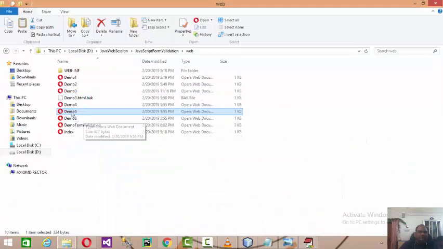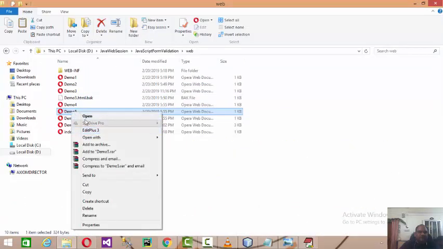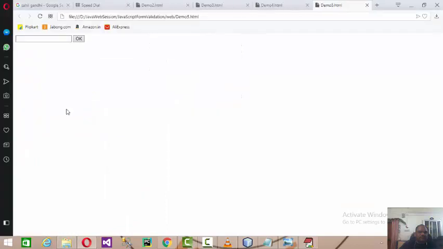Okay, let us run it. If you input any data below 100, it's okay, but if you input any data beyond 100, it will say value too large.